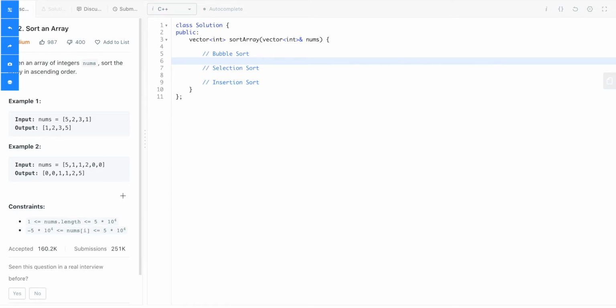Okay, so first I will start with bubble sort. As we discussed, let us suppose this input is given to us: 5 1 1 2 0 0. Now in bubble sort, as all of us know, we bubble up the adjacent elements. So we will just bubble up these two elements. We will check which one is smaller. If the next element is smaller than the previous one, then I will bubble up. Similarly, we'll move on to these two elements, and I will keep doing the same process for all further elements. In every iteration I will basically fix the smallest element at the first position and then do it for the rest of the array.